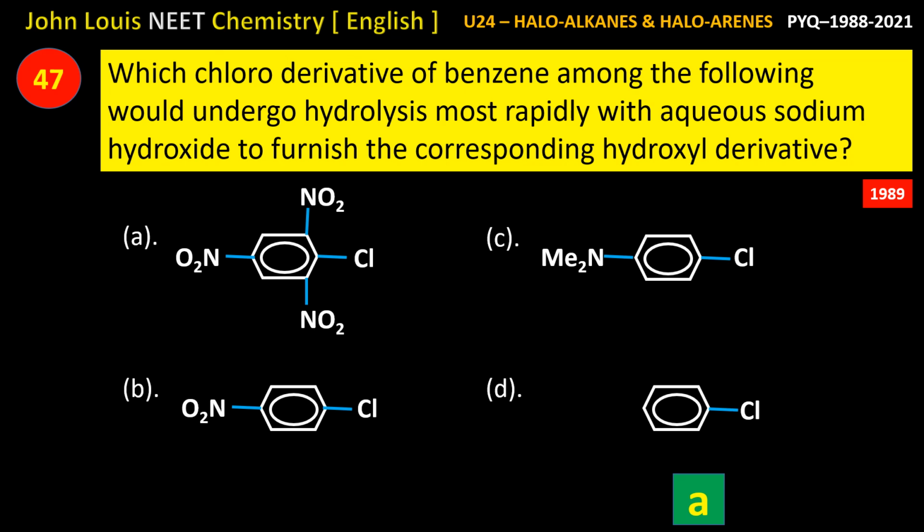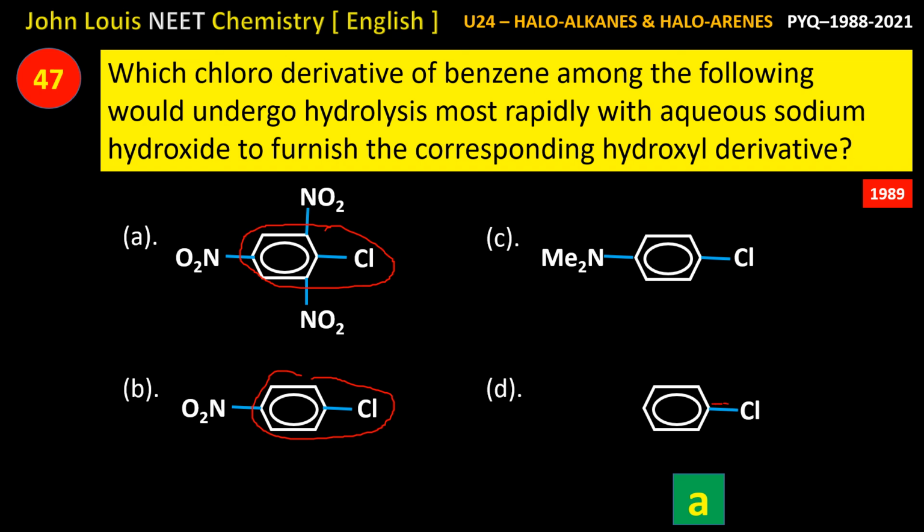Which chloro derivative of benzene among the following would undergo hydrolysis most rapidly with aqueous sodium hydroxide to furnish the corresponding hydroxyl derivatives? See, all the 4 compounds are chlorobenzene. But which derivative will undergo hydrolysis most rapidly? If you take compound D, it is only chlorobenzene. In chlorobenzene we have already learned many times in previous questions,